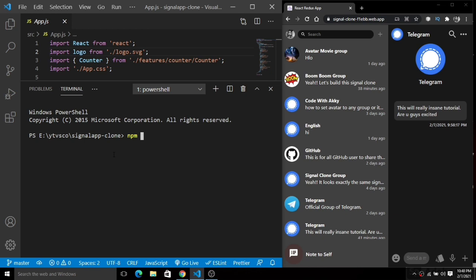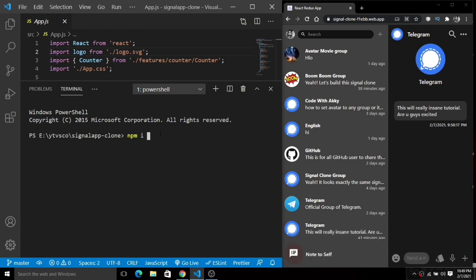So we have this npm here, and I'm going to install the first, because you can see here we have a bunch of icons. We have this avatar, this plus icon, this search icon, this more horizontal icon, this smiley icon, this stickers icon, the mic icon, and the plus icons here. You can see the note-to-self icon also here.